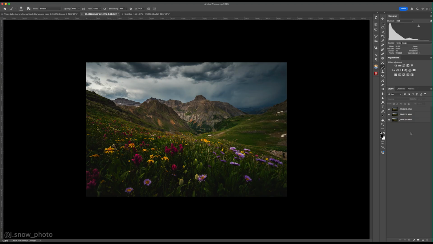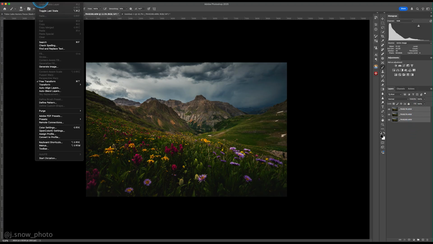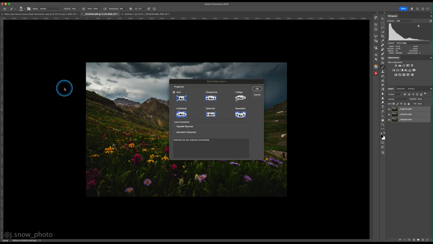Once those images have opened over in Photoshop, we're going to select all three layers. We're then going to go up to Edit, Auto Align. This part is critical because there is going to be some focus breathing between all of the shots. If you have more shots, there's going to be more focus breathing stacking up at the end, so you're going to end up with a slight border around the image, and you'll kind of see what that looks like here